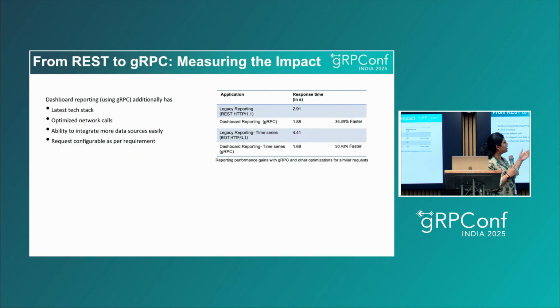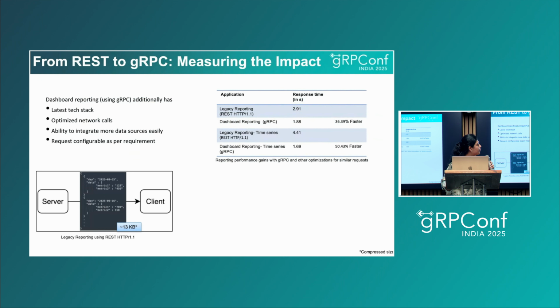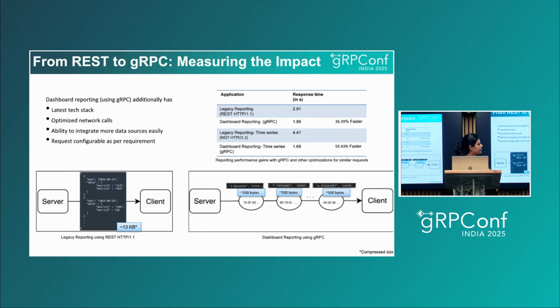in case of reporting as normal tabular reports as well as the time series, which is the time-based data as well, where we're seeing quite a substantial increase in the performance. Even coming to how much data we are sending and how we are sending, the REST-based application was sending everything as one big blob. So even with the gzip compression, it was 13 KB of data that was being sent from the server and the client. Whereas with the gRPC based service, since it's being sent in chunks, the individual chunk size is quite small. So even though the request response can be large, it is broken down into chunks, which makes it more efficient here.